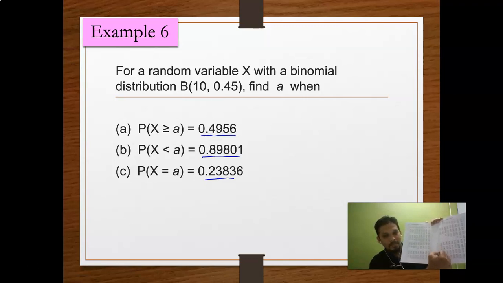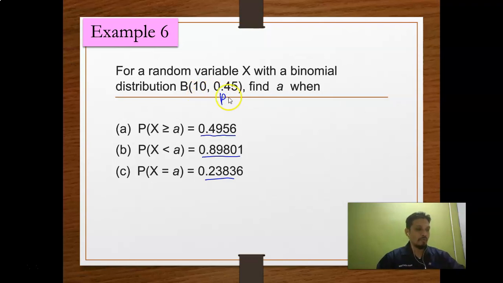Okay, so then for this one, the number of trials is 10, and recall the probability of success here is 0.45. Okay, so the number of trials here is 10. Turn to page 6, and then we recall the probability of success is 0.45. Okay, so greater than a